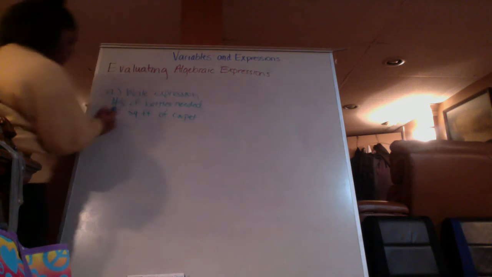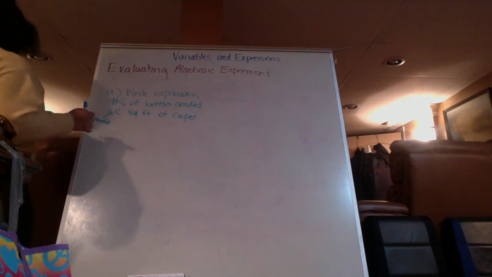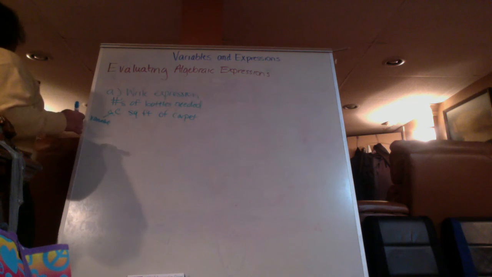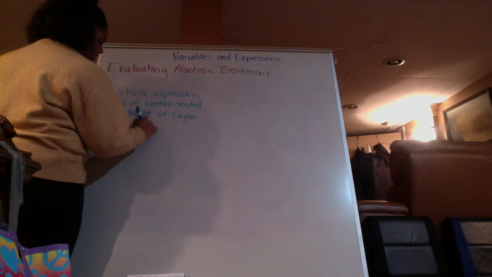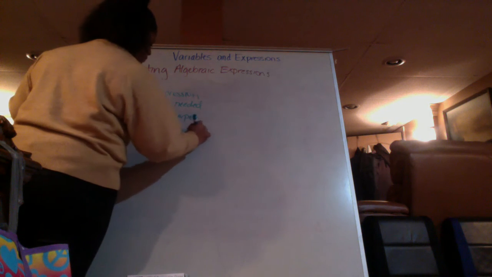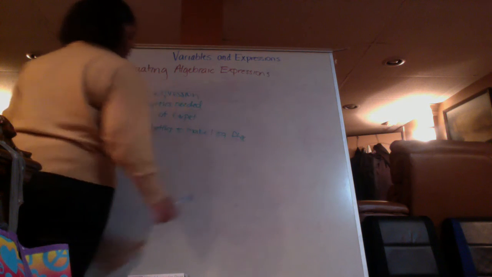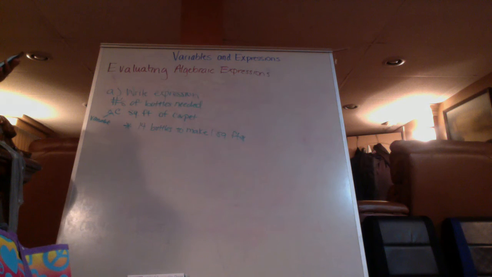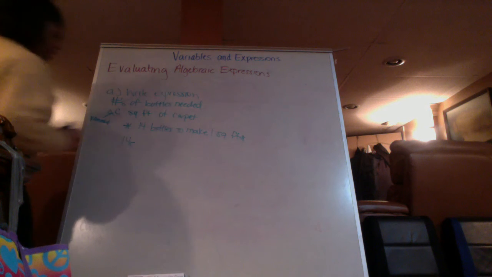I'm writing down my key information just because I'm not writing the whole problem. In this case, we know this little C right here is going to be our variable. And it takes 14 bottles to make 1 square foot of carpet, okay? So the expression, take a guess as to what it is. Okay, the expression is 14C because